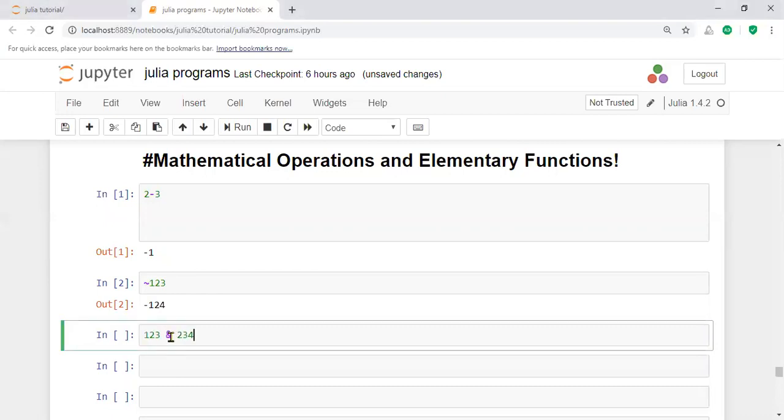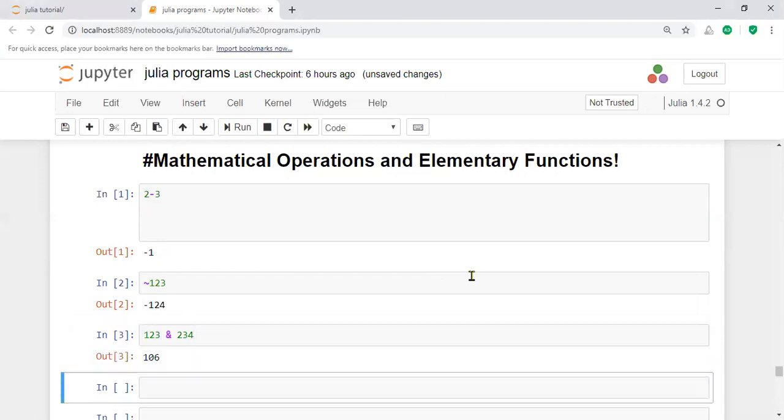For example, 123 and 234, the result is a true value. That means it's calculating the and operator.